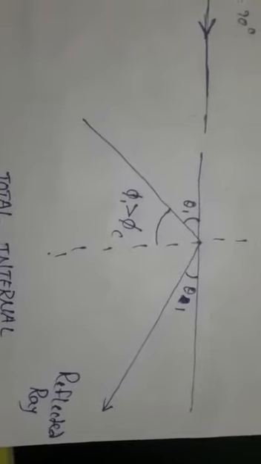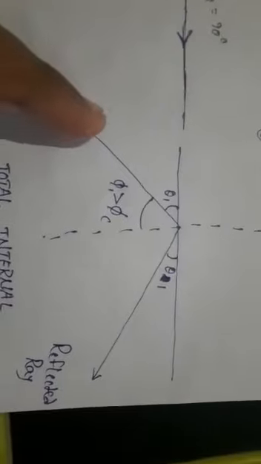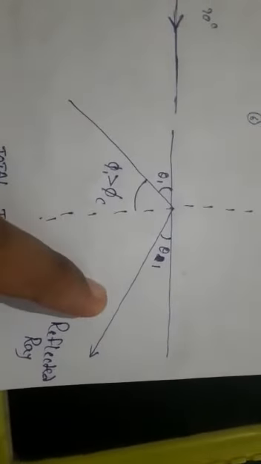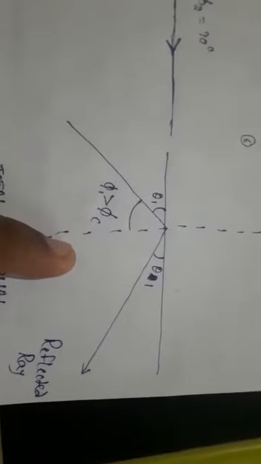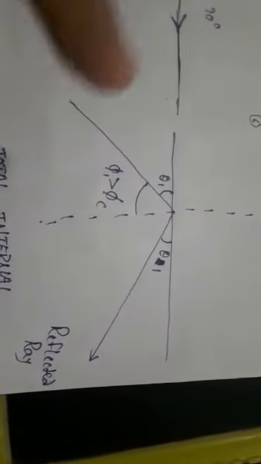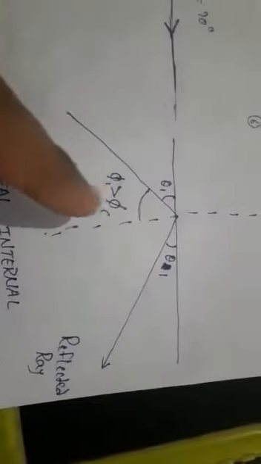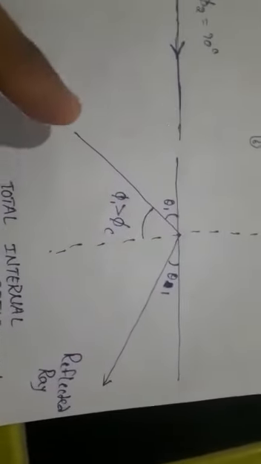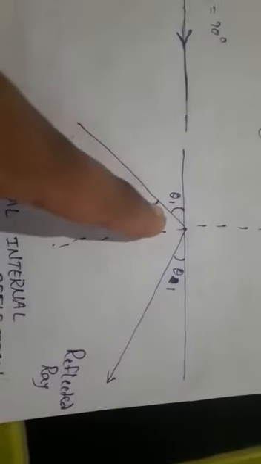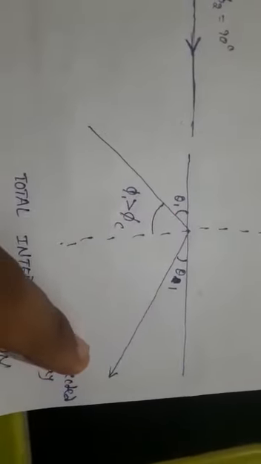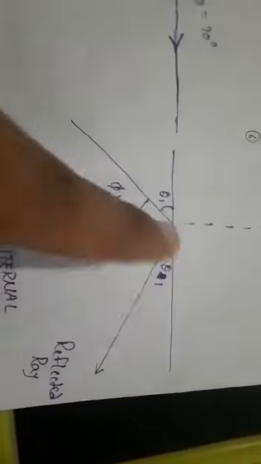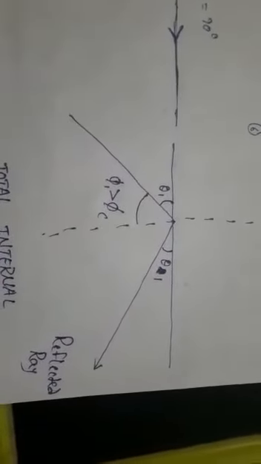plane of incidence. That is also one of the definitions. The plane has the incident ray, normal line, and reflected ray, so that is called the plane of incidence. This entire part is the plane of incidence, and this process is called total internal reflection. Whatever light we have applied here will come back into the same material. There is no loss here, so that is called total internal reflection.